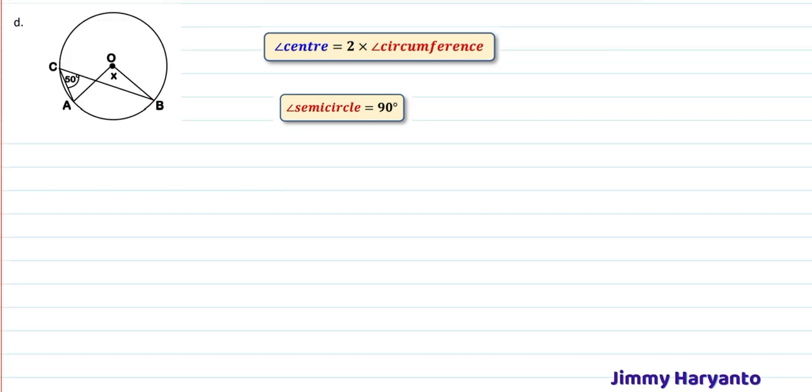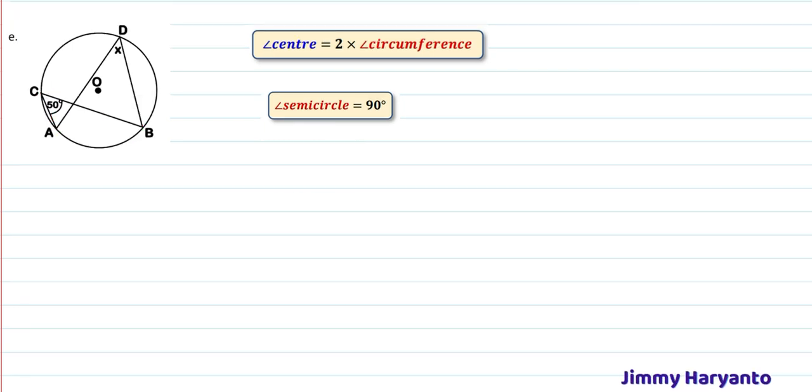And then next, this one, we have the angle of center. The angle of center is called x in this question. It's facing the arc of AB, and also we have the angle of circumference. It is 50 degrees, and this one is also facing the same arc. That means the formula will be applied. The angle of center this time, x, equals 2 times the circumference. The circumference is 50, so x equals 100 degrees.